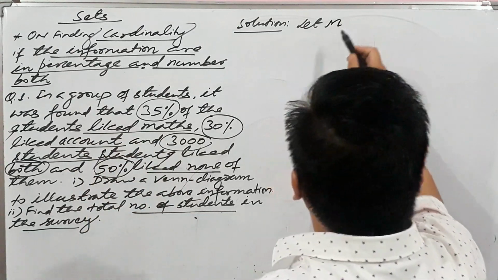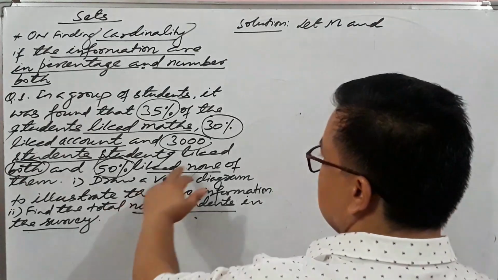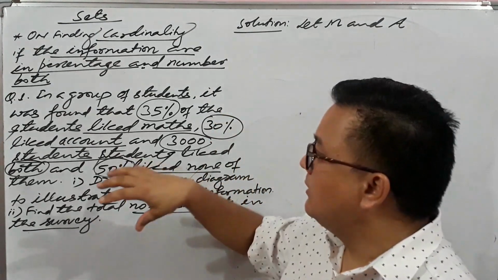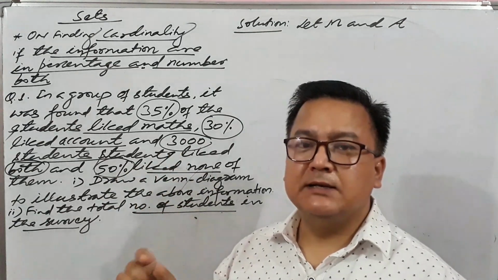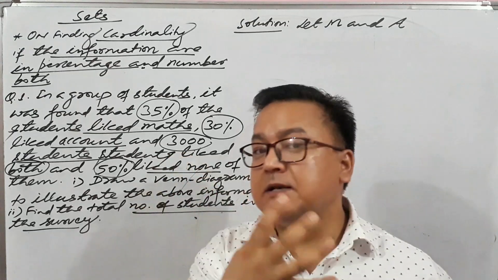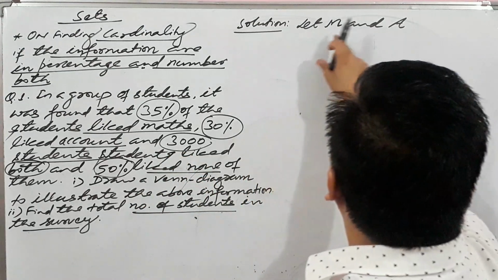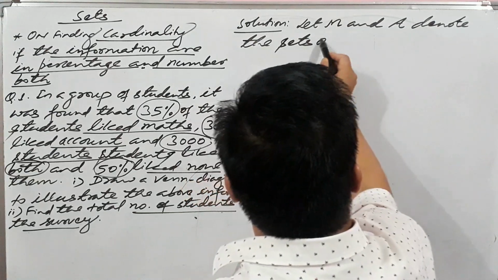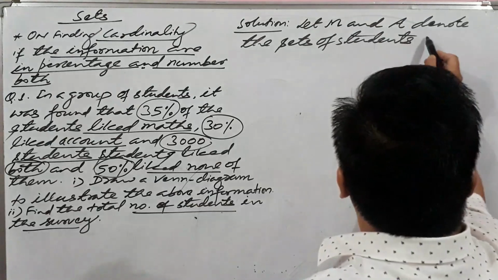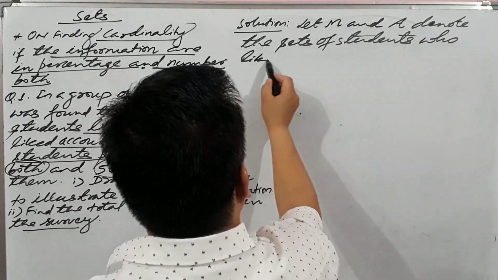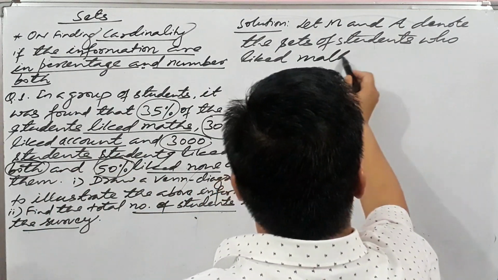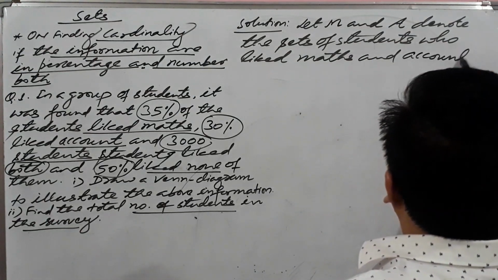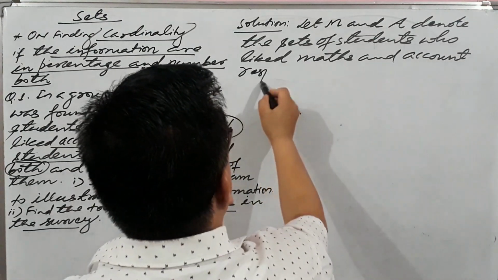Let M mean those who like math, and the next subject is accounts, A. Listen to me everybody, as I told you in the earlier videos, we use capital letters, as sets are represented by capital letters. Let M and A denote the sets of students who liked maths and accounts respectively,